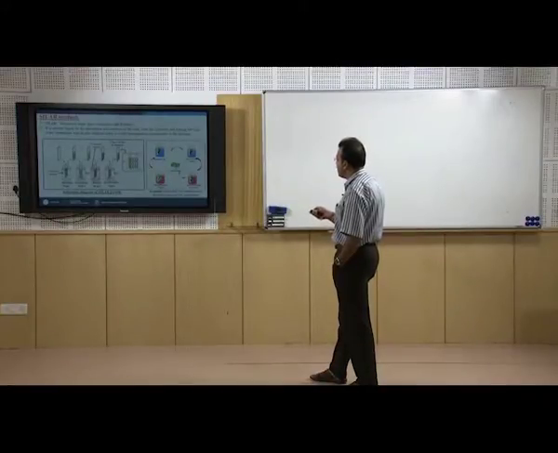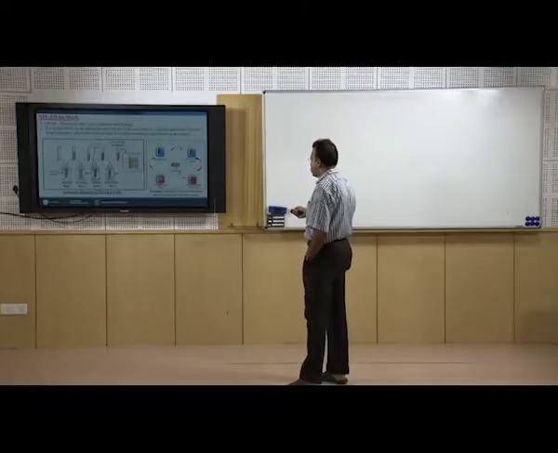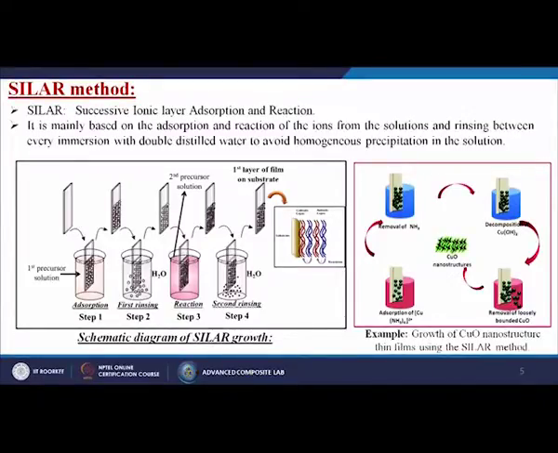This is a very nice example: growth of copper oxide nanostructured thin films by using the SILAR method. First we are taking the adsorption of the tetraammine copper(II) ion onto the substrate itself. Then we are removing the ammonia, because when you dissolve it into water, the ammonia is removed. Then the decomposition of the copper hydroxide, then again removal of loosely bound copper oxide,